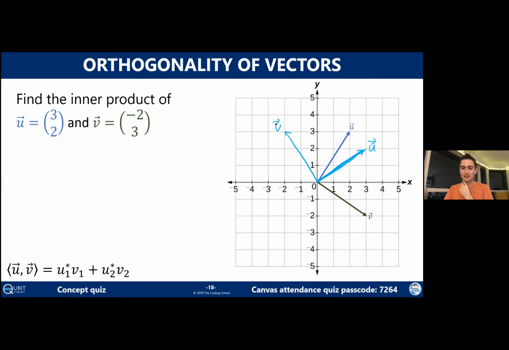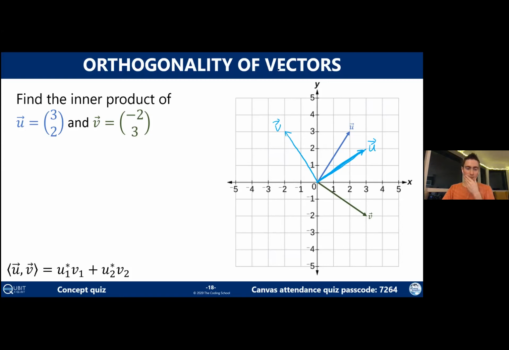Someone else asks, is it always scalar? Yes, it is always scalar. I guess just to be clear here, scalars are different from vectors, but it could be a complex number, which is technically a scalar. What does the inner product tell us? That's something I'm not going to go into too much here. We are going to talk about it a little bit actually with this question exactly. But we're just going to see inner product a lot in quantum computing, especially later in the course. And so you will get a sense of some of the things it's used for there.